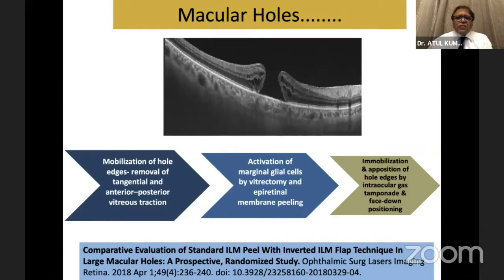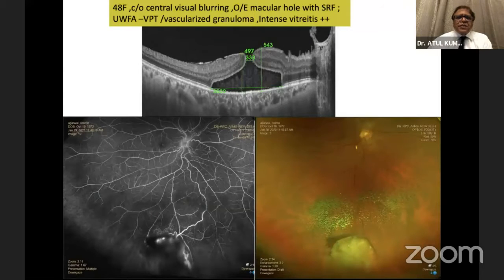So macular holes I've already told you. So this is just a patient who had a macular hole with SRF. The hole appeared to be slightly different on the surface OCT, as if somebody's pulled up the retina, and we found a VPT, vasoproliferative tumor,